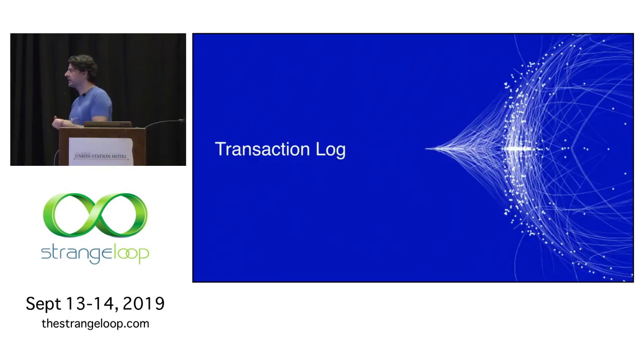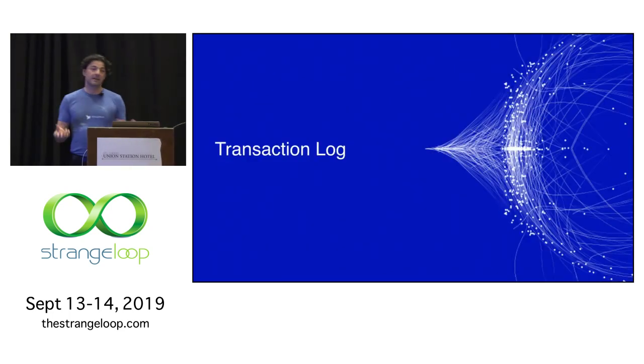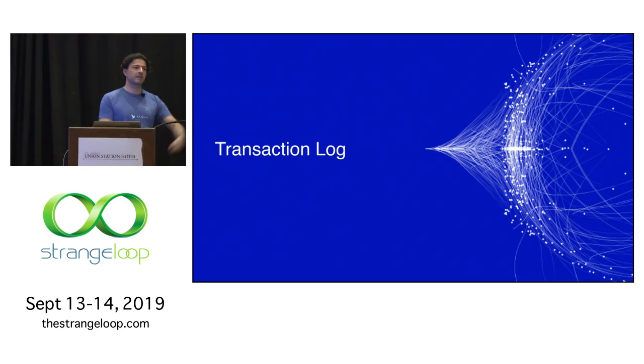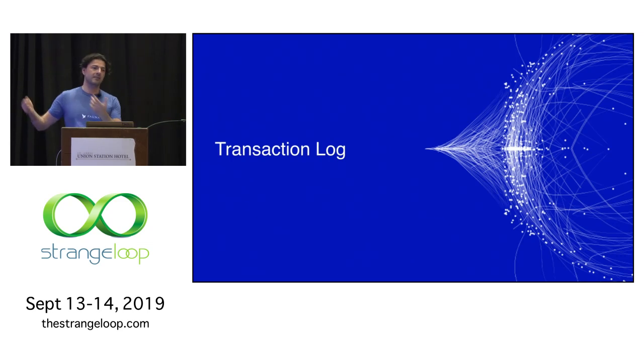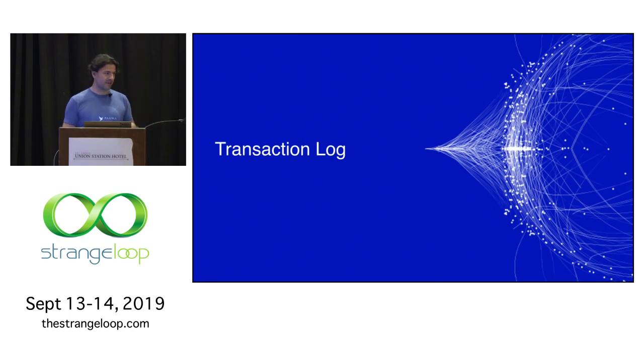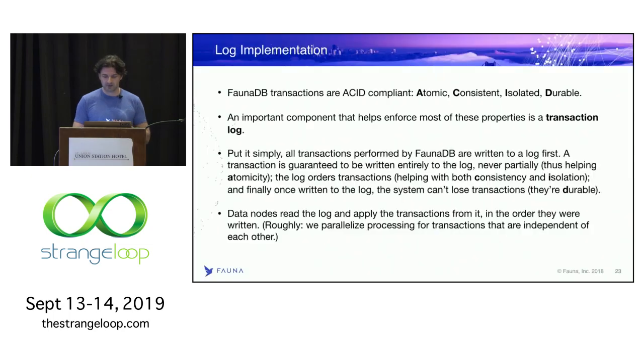So how are we doing the transaction log? Because in the previous slides, I just told you that we have a transaction, we toss it in the transaction log, it gets read and it gets applied. Well, okay. And so far, it's a hand wave. I just hand waved it away that, yay, we have a consensus-based transaction log. What does it look like?